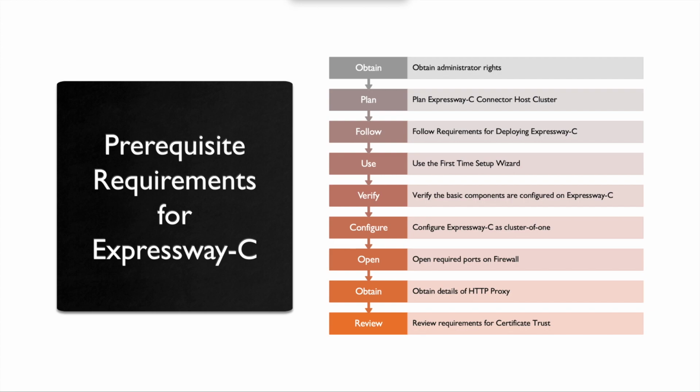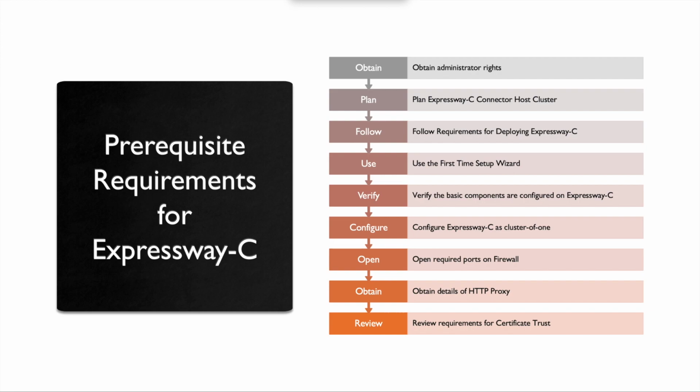Then you want to log in to the Webex Control Hub and deploy the Expressway C connector host in a cluster account for redundancy. It's always better to do a cluster if you can, but make sure that's deployed also. And then the requirements for Expressway C include installing the minimum supported software version, install your OVA file